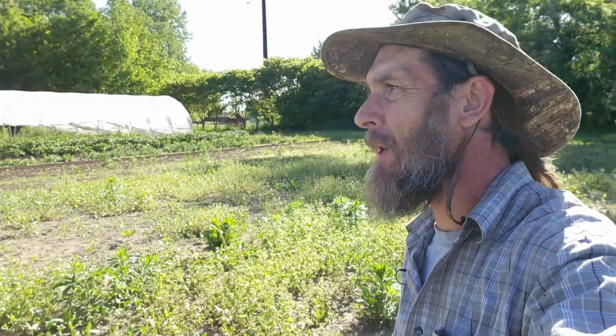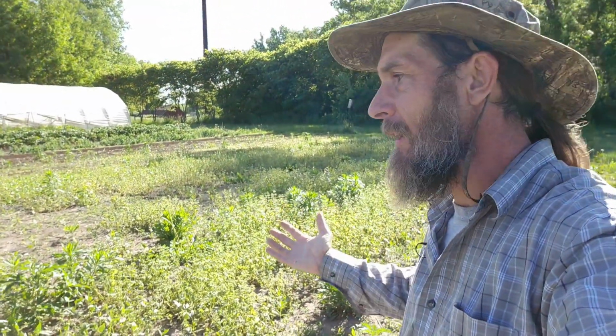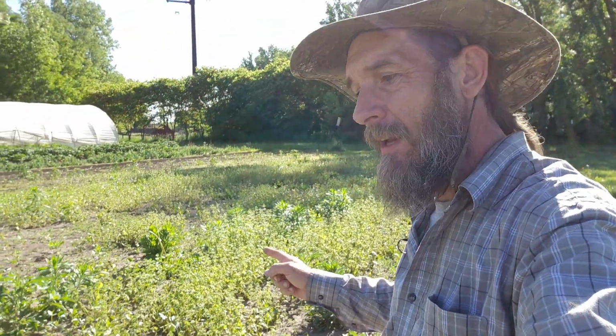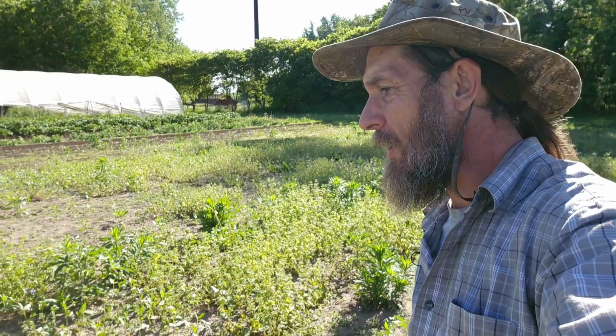Now, initially this spring, I went through and cover cropped from the potatoes all the way over. And this is what I ended up with. If you're really looking closely, there's mare's tail, henbit. We got some soft thistle in there. The weeds take over. So I'll turn you around and show you the growth we got and why